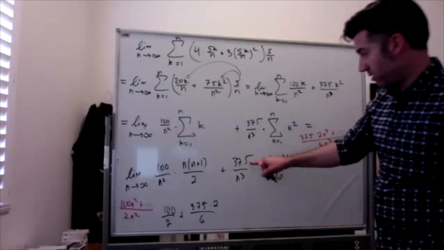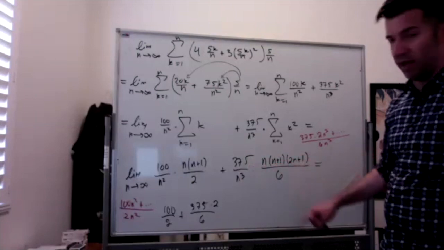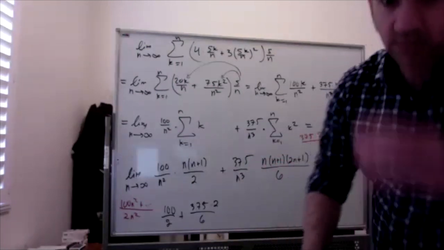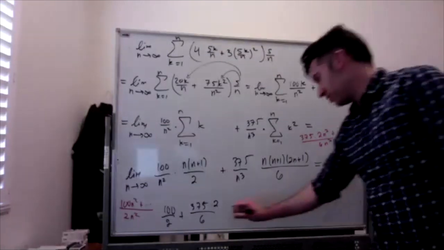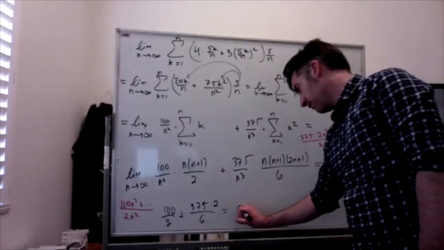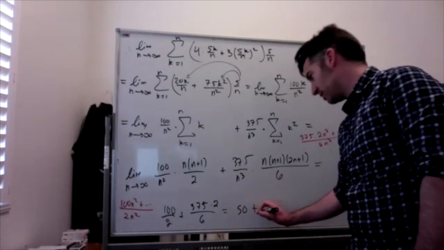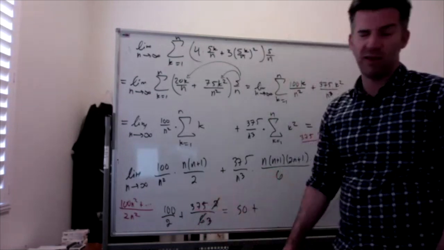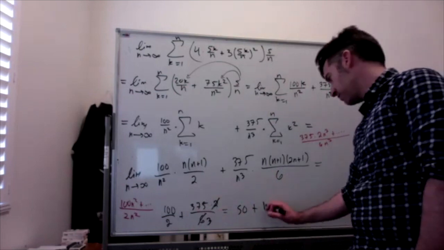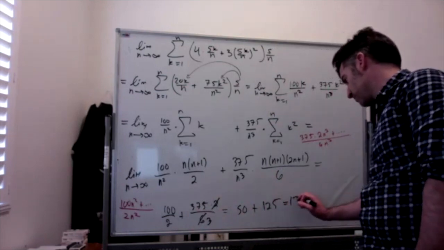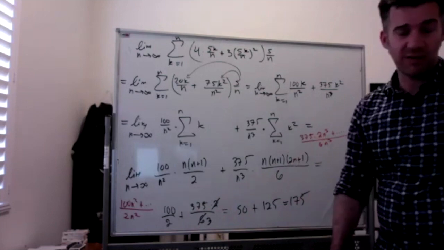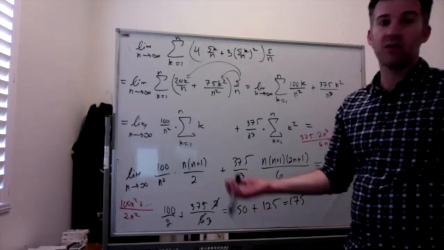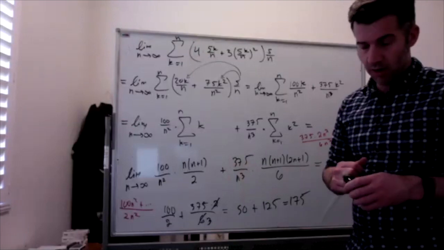You have a 375 times n times 2n. That's your leading term. So we end up getting 50 plus, 2 and 6 cancel, 3. 375 divided by 3 is 125. So we get 175 for the actual area under this curve. 175 square units. All right, let's take a